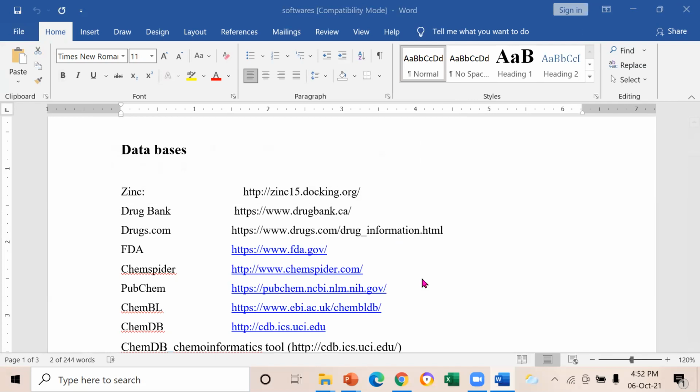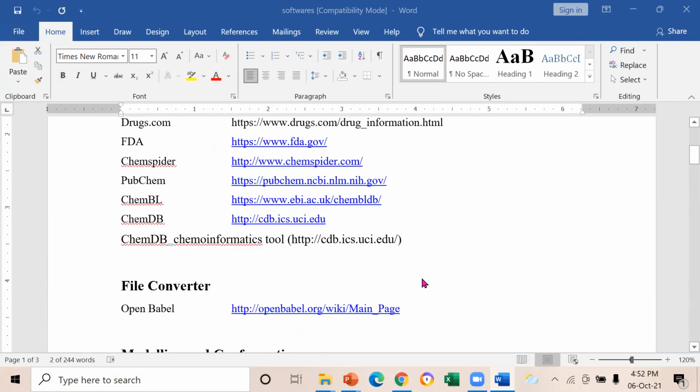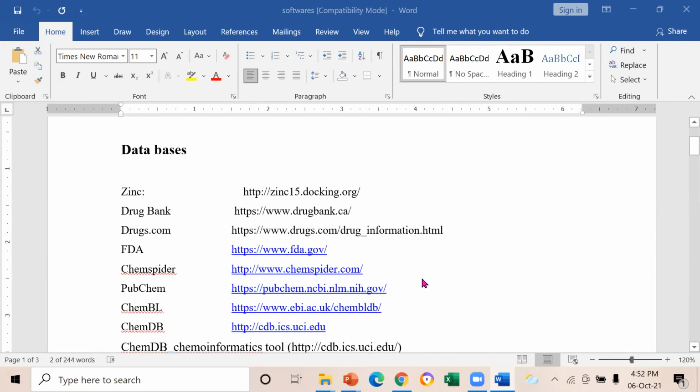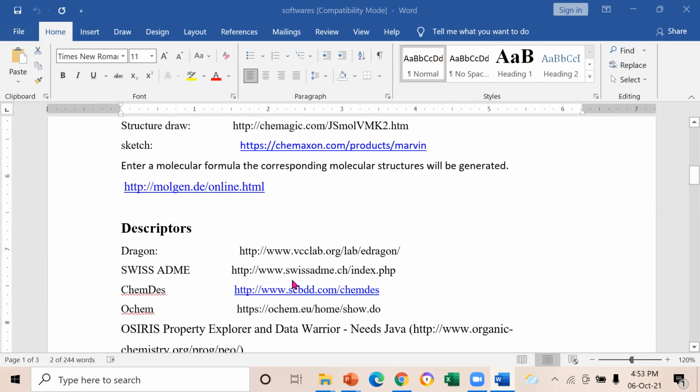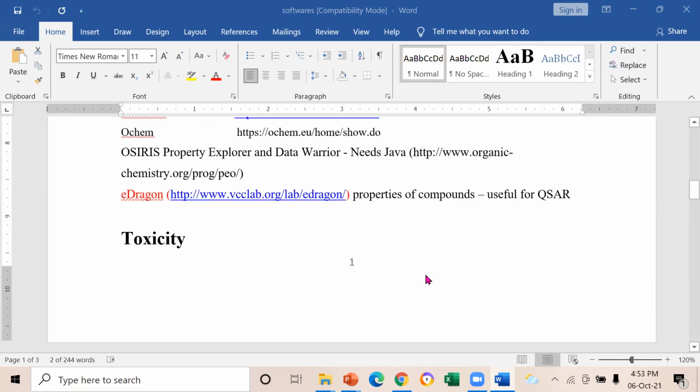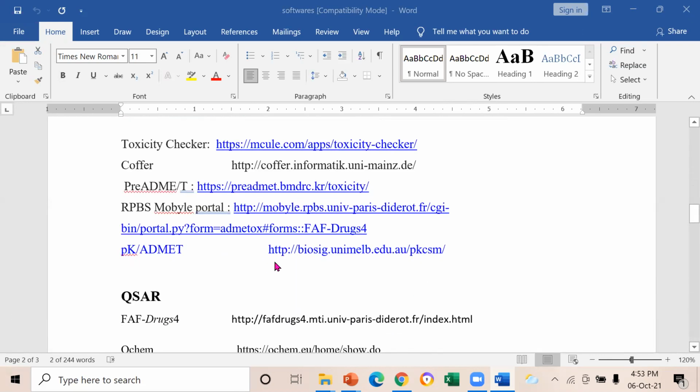and then take out some structures, some common medicines, then go to Swiss ADME. Here is the website, and then copy the SMILES notation. I will explain what SMILES is, then run it and see the properties of that, and then you can look at toxicity using this particular software. Copy the SMILES notation. These two are very useful for that.